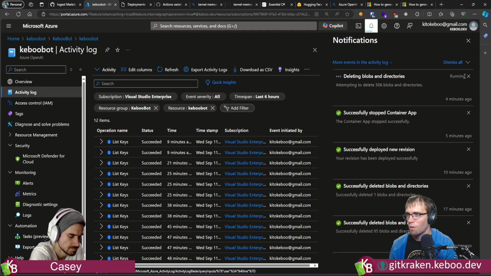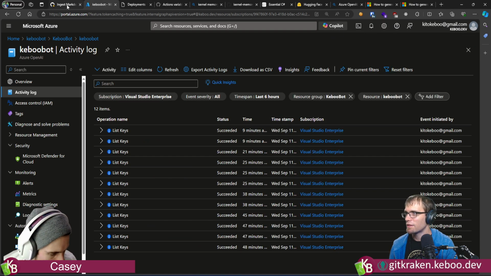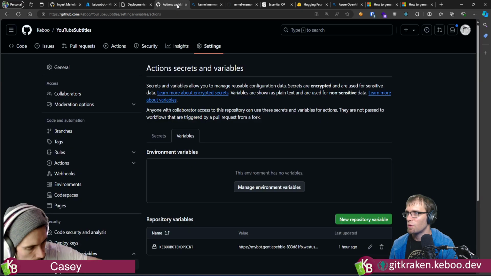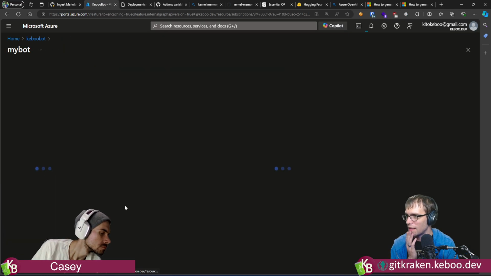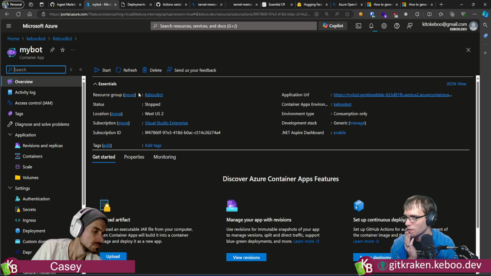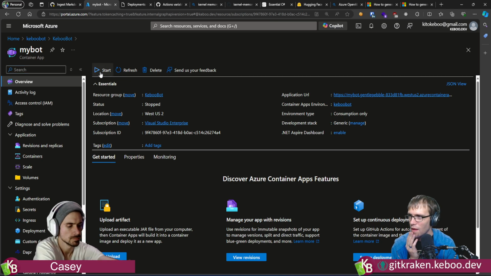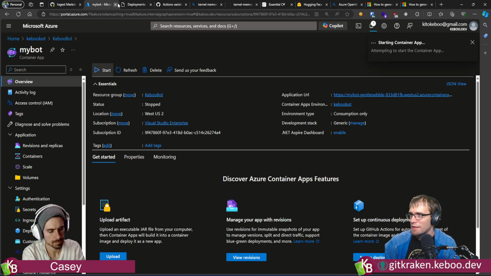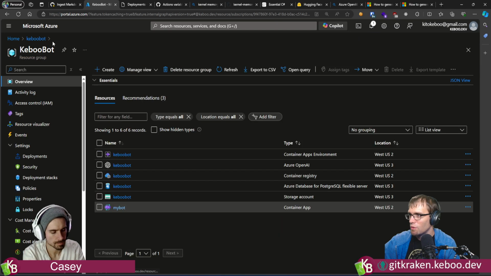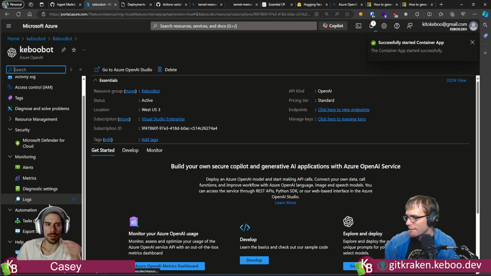Okay, so I am wondering if it just doesn't have access to this. Oh wait, I just killed it. Shoot, I should have copied those logs before I did that. Because I am willing to bet the issue is our container app lacks needed permissions to get to Azure OpenAI.